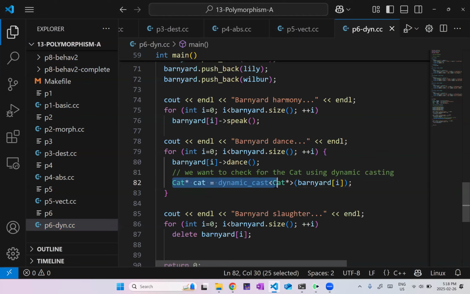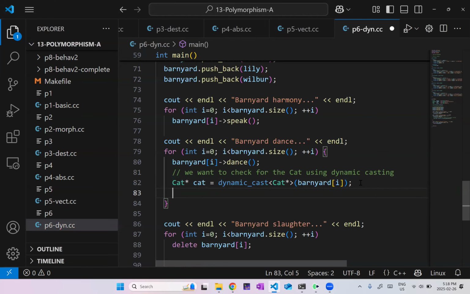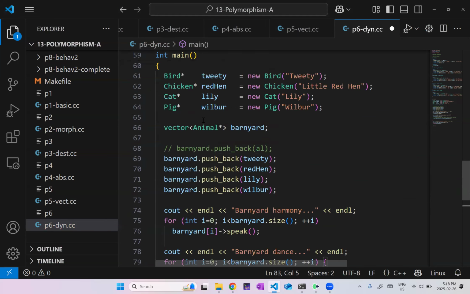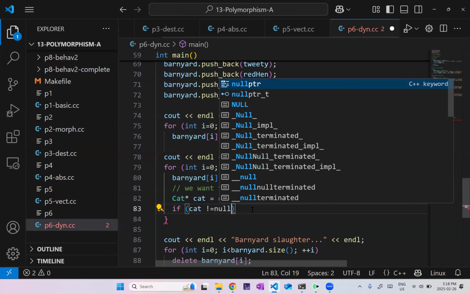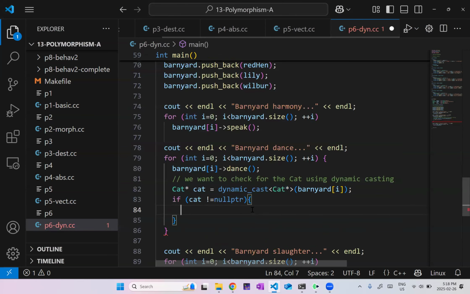Okay, so dynamic cast and static cast is something different. We'll talk about that in a second. But this will try to cast. This barnyard is a vector of animal pointers, so it's going to try and cast this animal pointer into a cat pointer. It's going to be able to do that if it's pointing to a cat, right? Then we'll say if cat is not equal to null pointer. If it fails, it's going to return a null pointer. But if it doesn't return a null pointer, then I have a cat, and I could say,